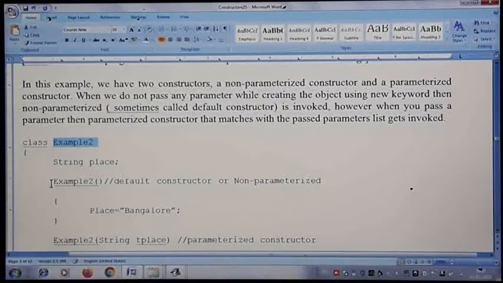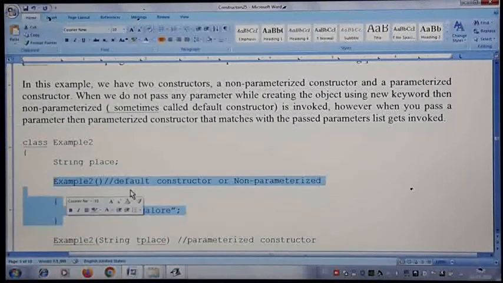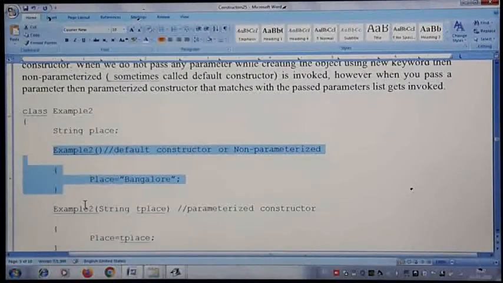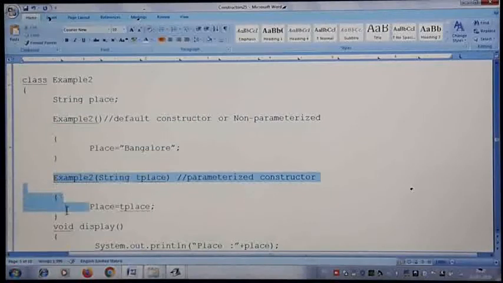If you see here, I have taken one default or non-parameterized constructor. I am using the word default constructor because in the examination, sometimes in the Section B type questions, where they give you a 15 marks question, they will ask you to write a default constructor, which is nothing but a non-parameterized one. So here I have written one default or non-parameterized constructor, along with a parameterized constructor. So two constructors are written here.